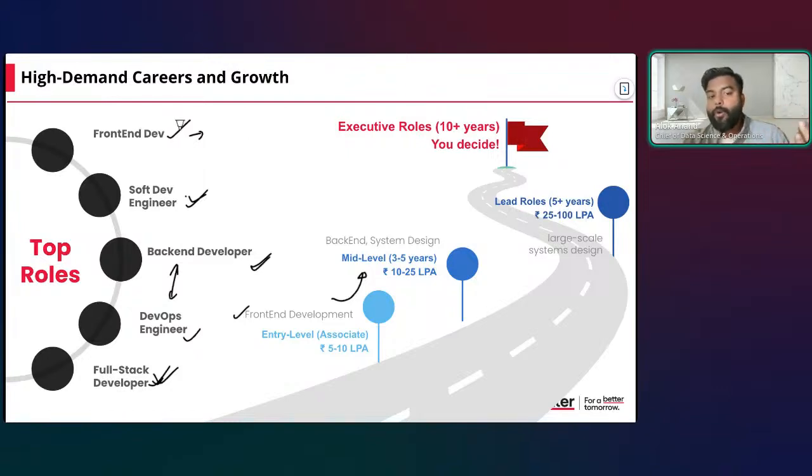You are able to code the client side, you are able to work on the cloud security, you are able to work on the DevOps side of it, CI/CD integration and all. So that's when you kind of become full stack developer. So here, as I mentioned, entry level, just repeating it, entry level, you have front end development. Mid level, you get more deeper into system backend and system design.